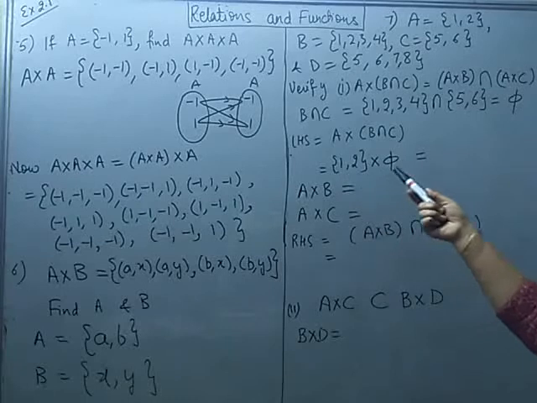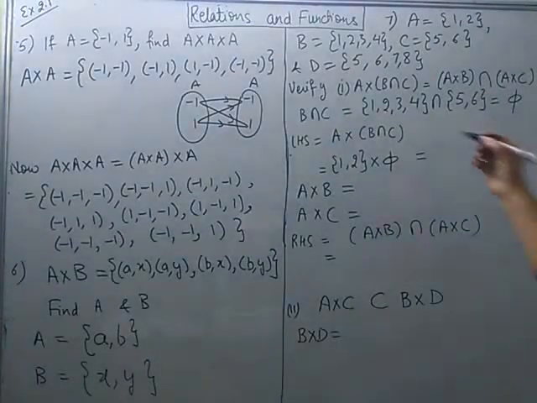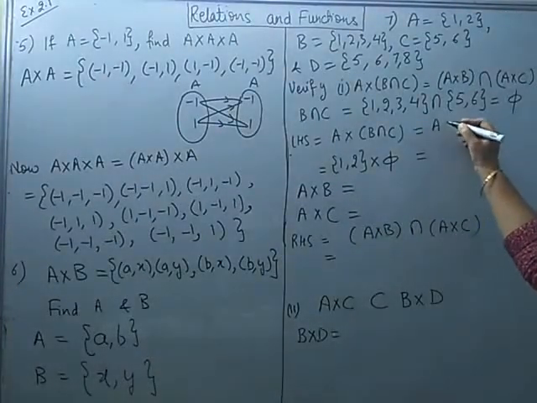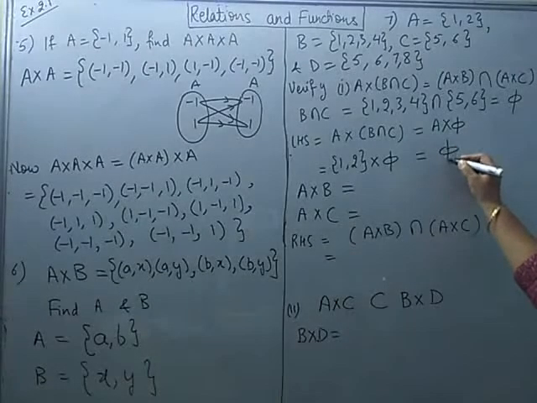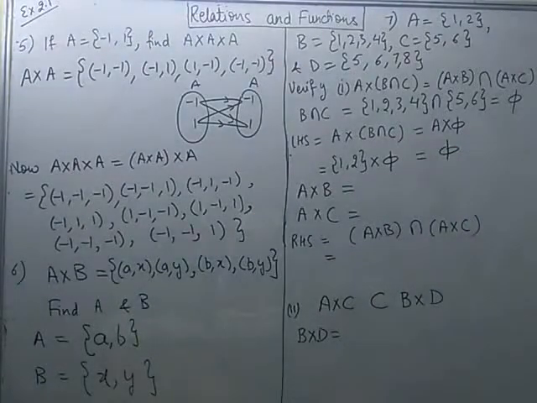So the Cartesian product of A with B intersection C can also be written as A cross null set. Understood? Because B intersection C came out to be a null set. So the Cartesian product will be a null set only. That means in the Cartesian product there is no element. Fine. Now in order to see whether even the right hand side will come out to be the same,